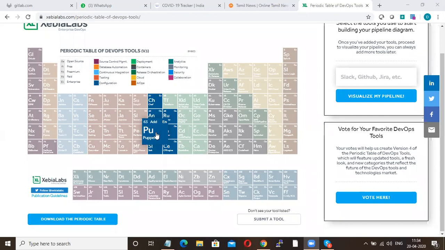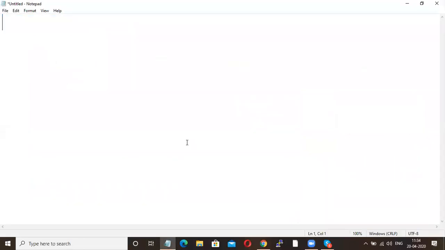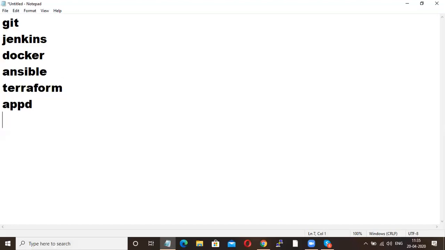Here you're learning these tools, right? Git, Jenkins, Docker, Ansible, Terraform, AppD, Splunk, Salt. 1, 2, 3, 4, 5, 6, 7, 8. Okay, done.